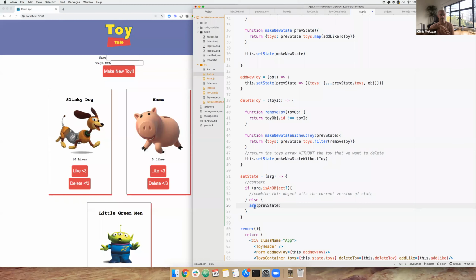Exactly. Which is why I say if you ever need to update state using a bit of information from the most up-to-date version of state or from state itself, you need to always use the function that has previous state passed in as an argument. Always. Okay. Always, always, always. So if you're ever writing something and you see yourself saying like,